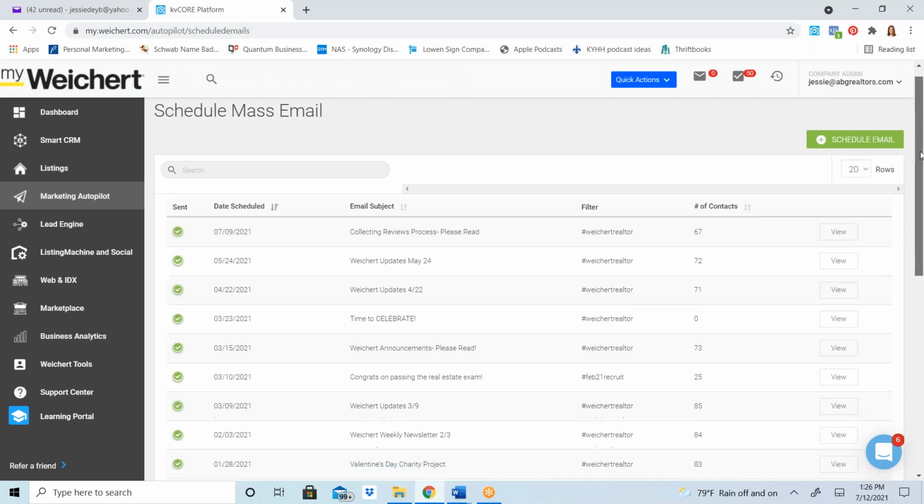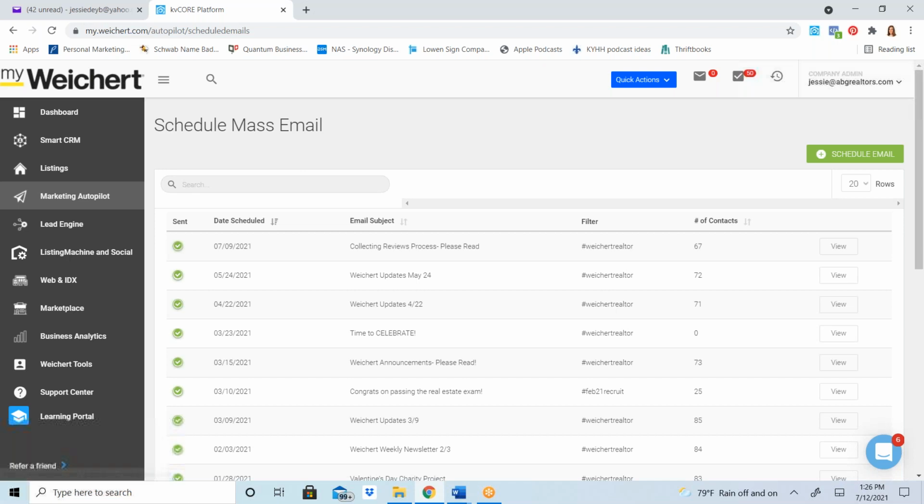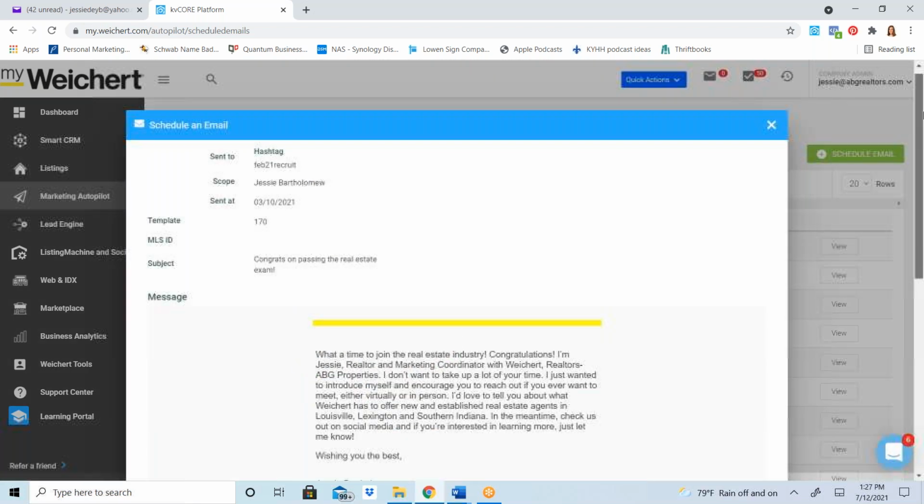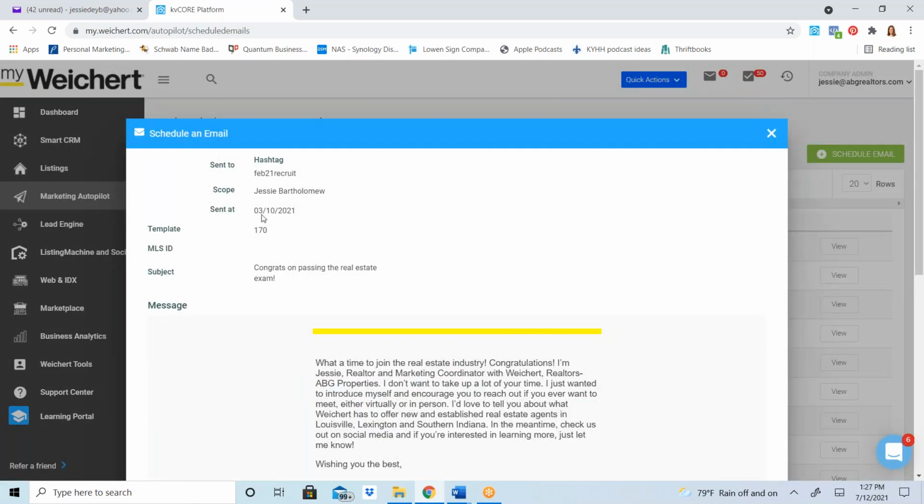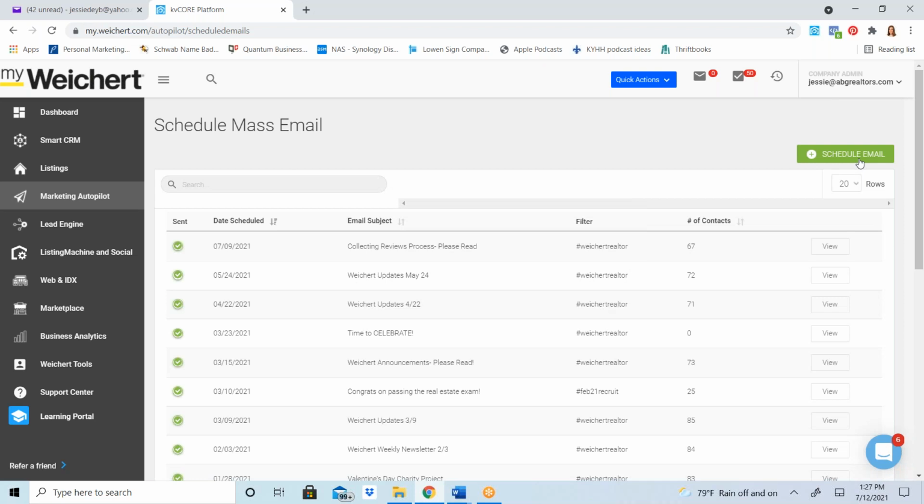Once you've sent them, it'll keep tabs, it'll keep a list of all the emails you've sent in the past. So if you need inspiration for what a new one will look like, you can go back and look at the ones that you've sent in the past. It'll also tell you when you sent them. So if you're trying not to bombard somebody, you can make sure that you didn't send something, like a day